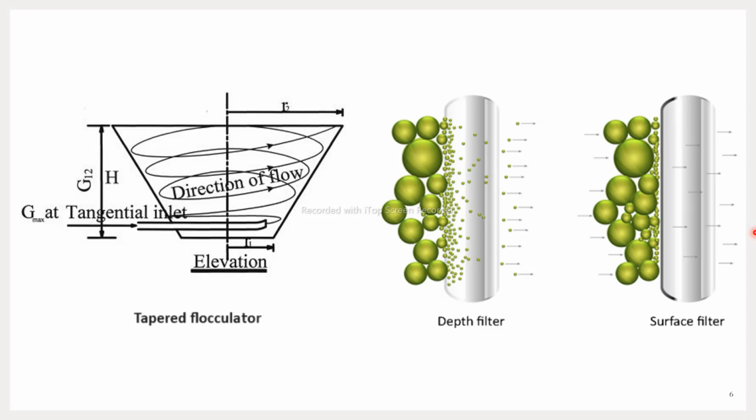So that's why in case of surface filter, the example is, let's say, membrane, as it prevents monovalent or bivalent ions from passing through, just like nanofiltration, reverse osmosis, etc. And in the case of surface filtration, no diffusion takes place. In the depth filtration, it actually separates out with the help of diffusion.